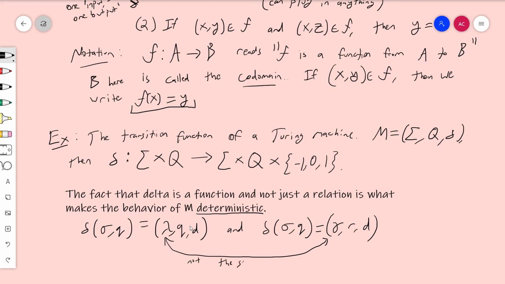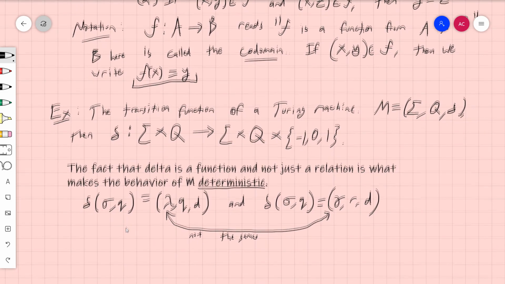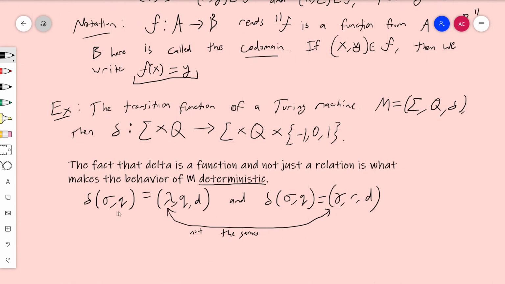Remember, relations are just arbitrary subsets. So if this was a relation from here to here, then I could have something like this, and then it would be kind of unclear. What does the machine do when it sees this symbol in this state? Does it do this, or does it do this? So the fact that this is a function and not a relation is extremely important,